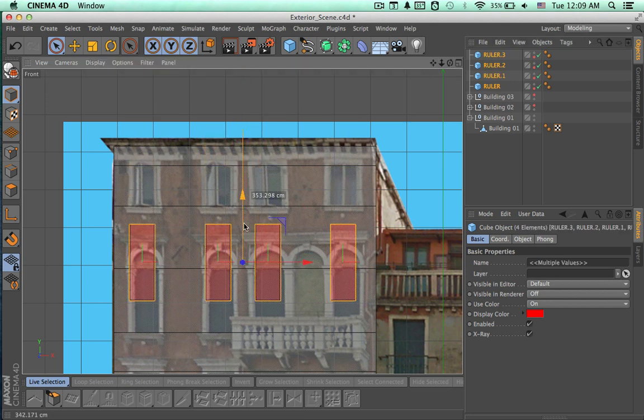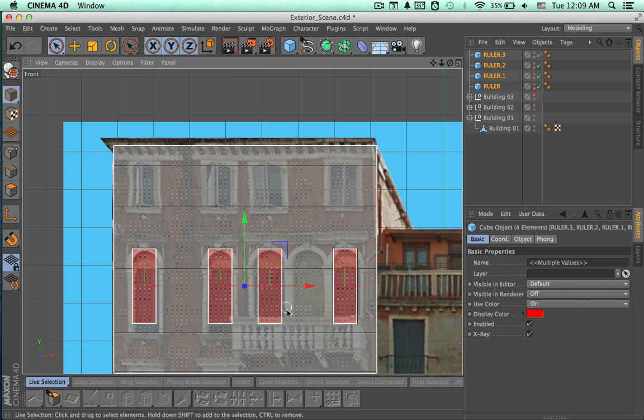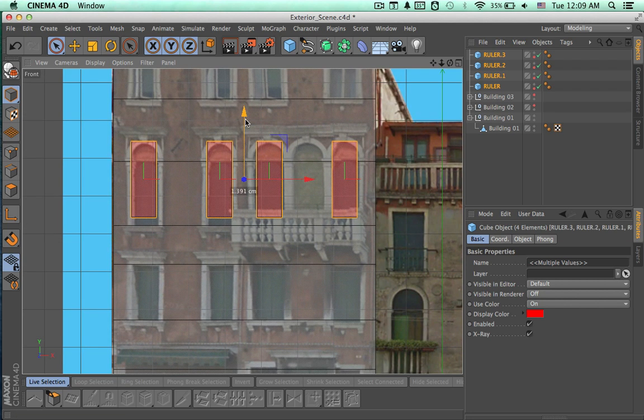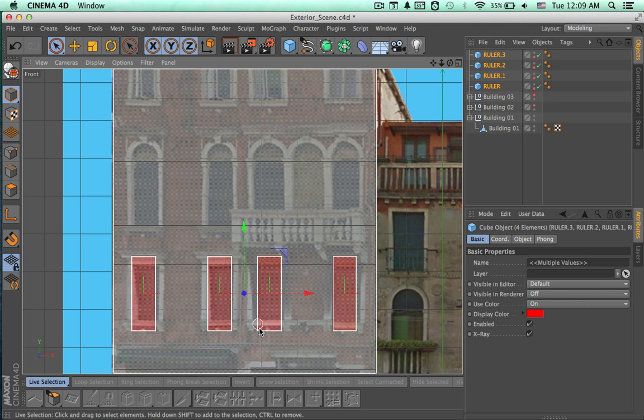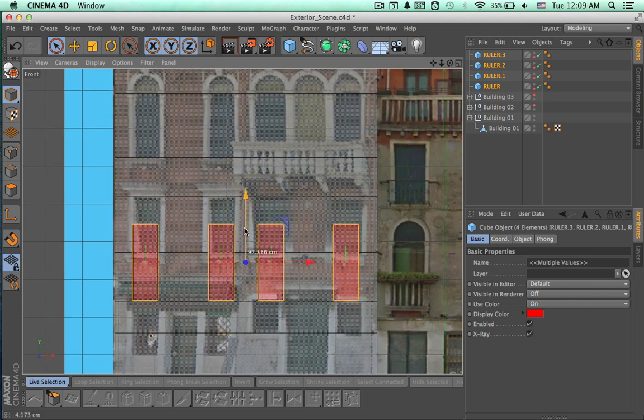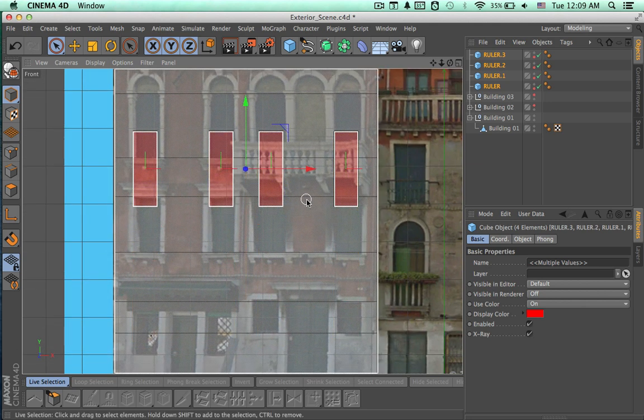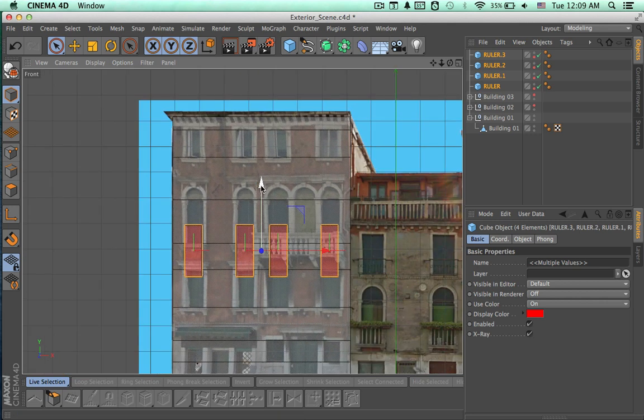Okay, so I'm just moving it down to see if it is aligned with the other windows and doors, and it looks like it is all good. So let's take those rulers to the top again,